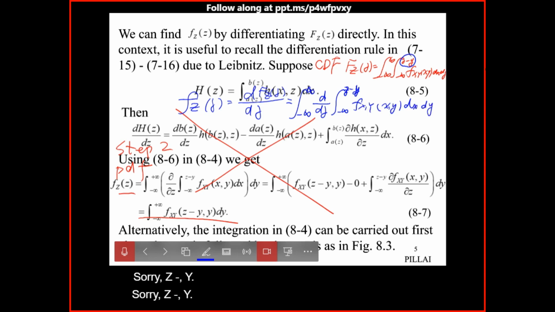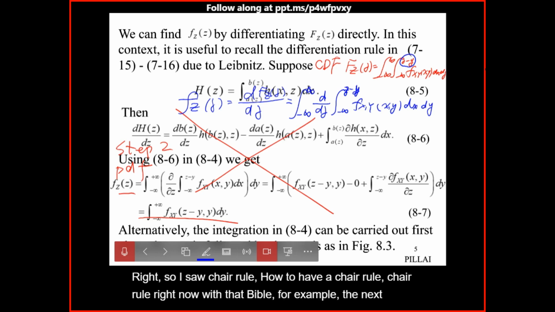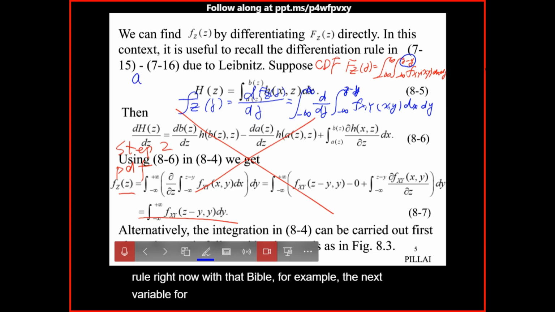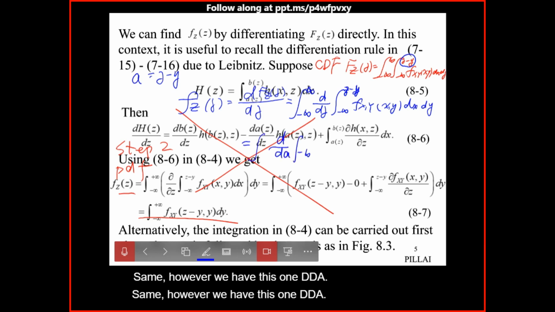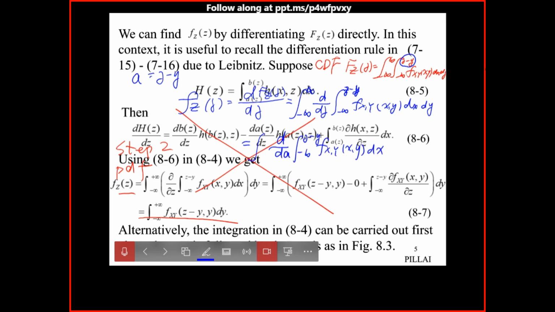Right? So it's all chain rule. How to have a chain rule? Chain rule right now we set a variable, for example, the next variable. For example, A. A set to Z minus Y. And perform differentiation with respect to A, and then perform differentiation with respect to Z. So here, chain rule. Same. However, we have this one, d/dA. Right? But you need to multiply